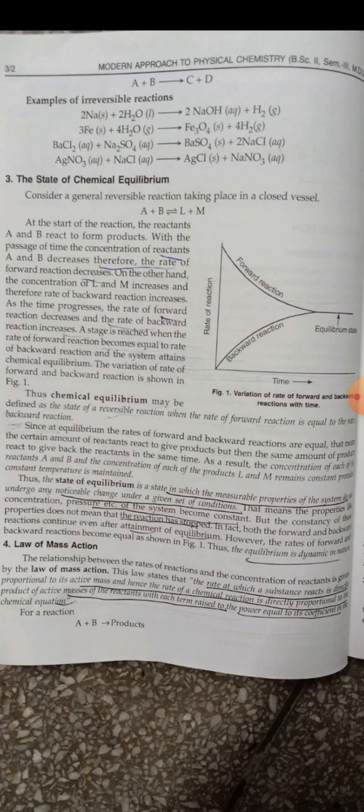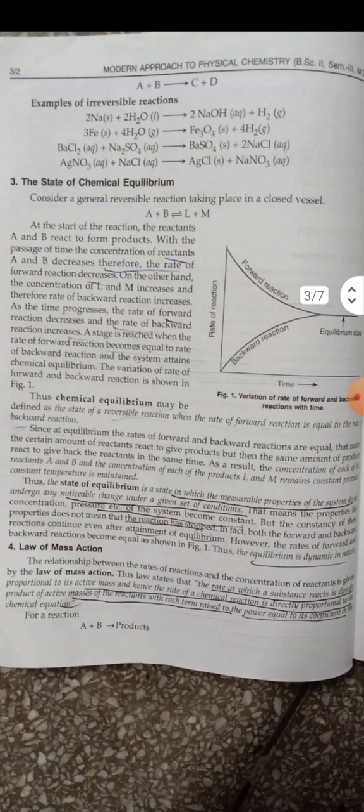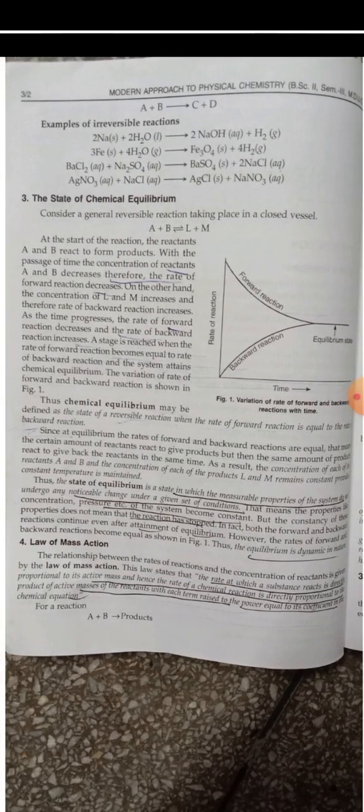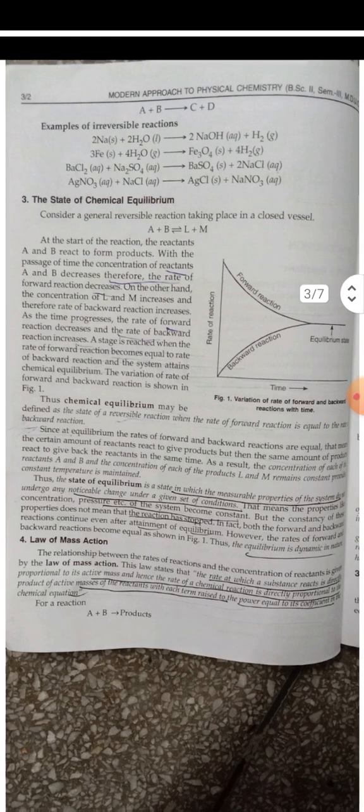But the constancy of all the variables does not mean that the reaction has stopped, because the reversible reaction can't be completed. They always occur in the forward direction or in the backward direction. After discussing equilibrium, chemical equilibrium and state of equilibrium,